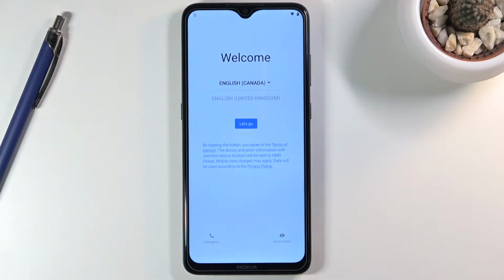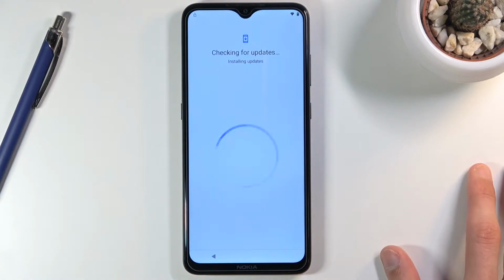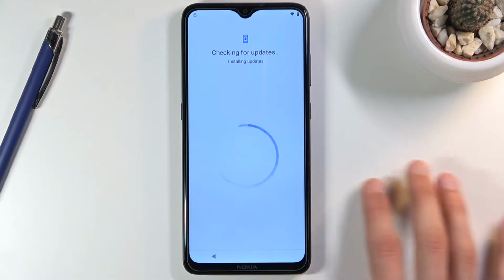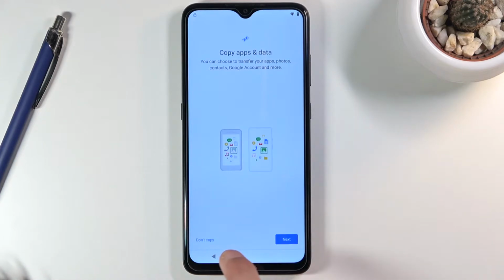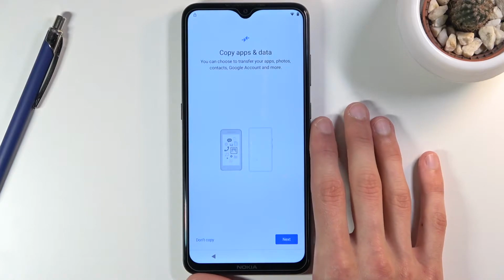Welcome, in front of me is a NOKIA 5.3 and today I will show you how to bypass the Google verification. Right now I'm just trying to get to the lock screen just to show you that the device is locked. And actually before I do this, if you're already connected to Wi-Fi, then you can basically